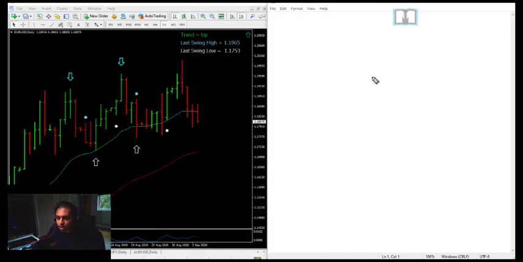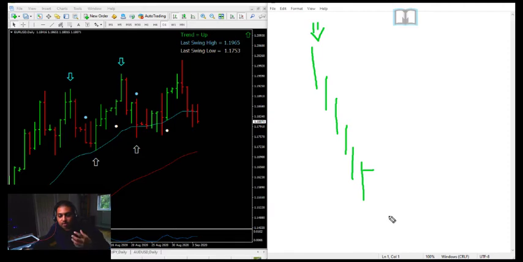So I'll just redraw that here actually, so I can keep this screen as a constant. You can see after we get the confirmed high just there, we're looking for a PSWB to be a turning point in the market, and that's what the Money Bars 3.0 trading strategy is all about.